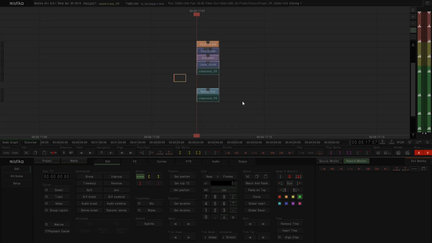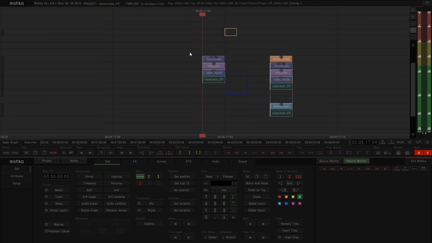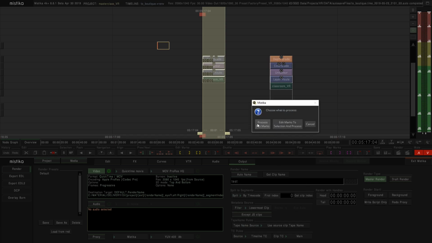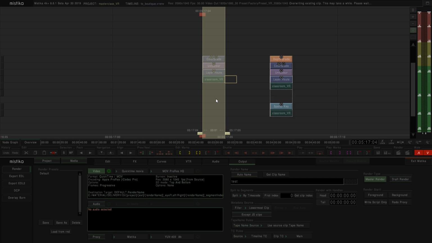Let's do it with this shot to understand what it does. An R&D file basically is a metadata file that you get when you render something in Mistika. You don't exactly need to render something. You can just run the script of rendering. So basically it's like faking the render but without transcoding at the end. And what it does is just creating the files that you get in Mistika when you render something,